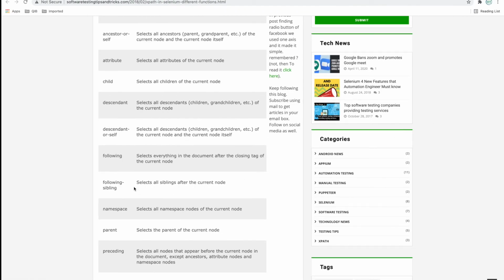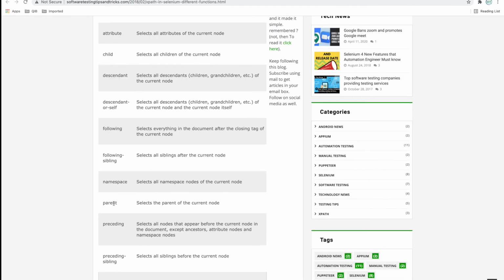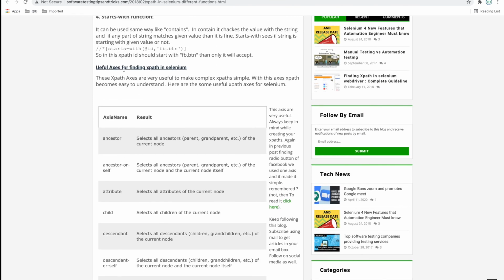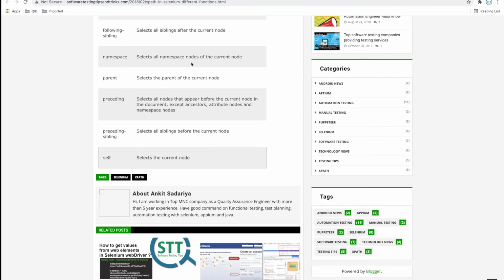This is useful, and parent is also useful if you want to go to the parent. The main benefit of using axes is that it is more readable, like you are going to parent, you are going to sibling.